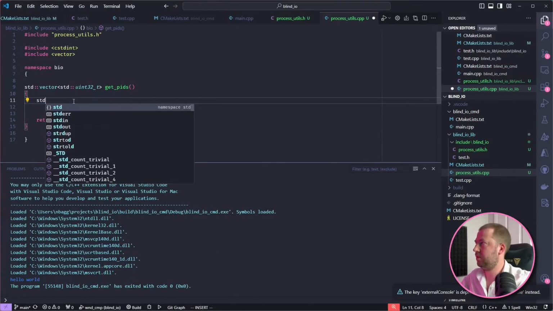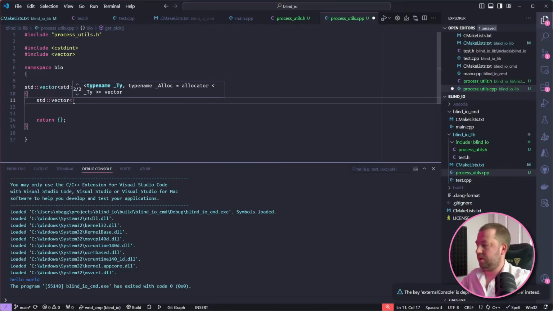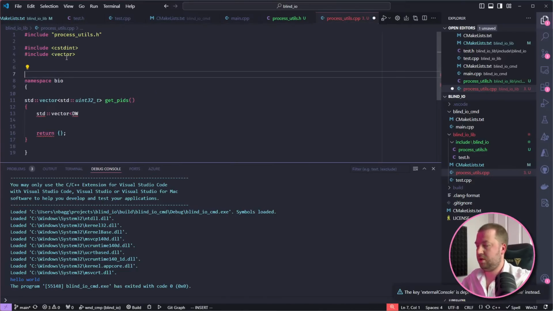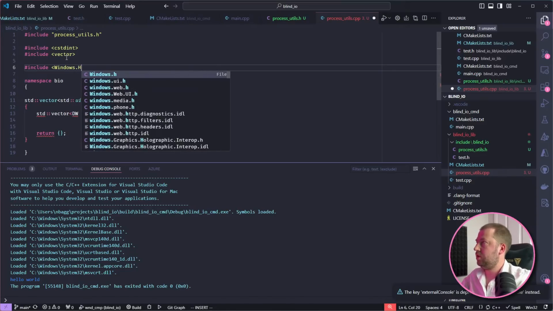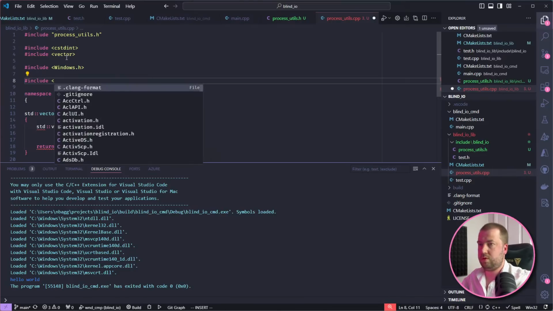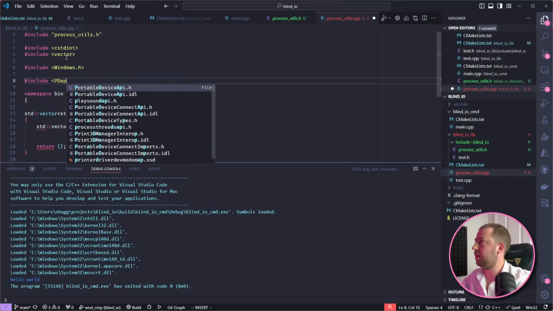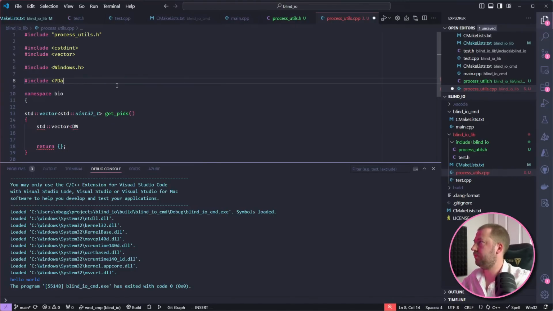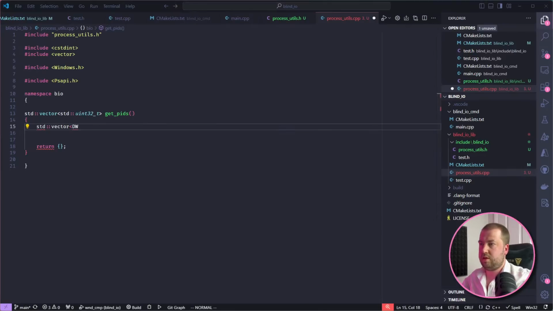So, what are we going to do? Oh, it probably helps if I actually include Windows. Windows.h, and then I need to also include, what is it, psapi.h, sorry, psapi.h. Right, so that should bring in most of the Windows chuff that we need. I'll just keep the chat window up. Right, so, and my code is gone. Right,